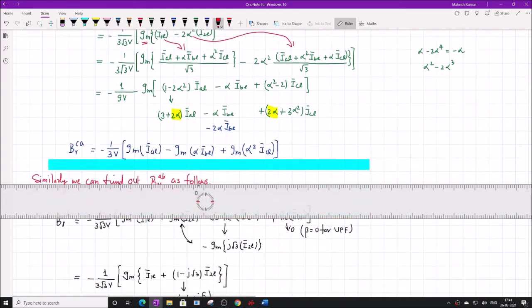Again collect the coefficients of IA, IB and IC. So IAL becomes 1 here and minus 2 alpha square. From this is alpha here, from it is minus 2 alpha cubed. Okay, 2 into alpha into alpha square, so alpha to the fourth. So alpha minus 2 alpha to the fourth becomes minus alpha. Am I correct? Because alpha cubed is 1, so this is minus alpha here.